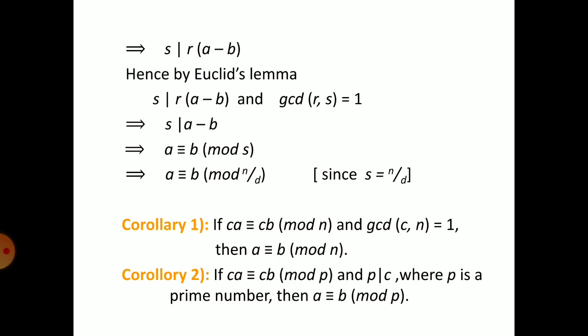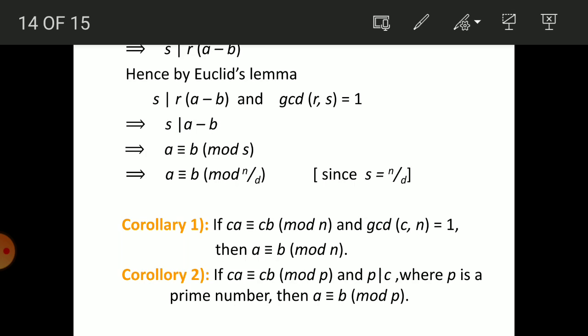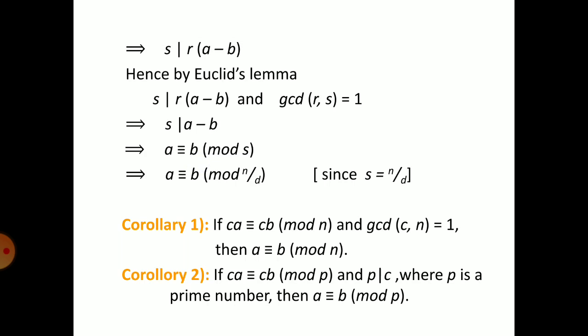Therefore, by applying Euclid's lemma, S divides R(A minus B) and GCD of R and S equal to 1 implies that S divides A minus B. Try to remember Euclid's lemma which we have studied in the divisibility theory. S divides A minus B means A is congruent to B mod S. But S is n by D because here